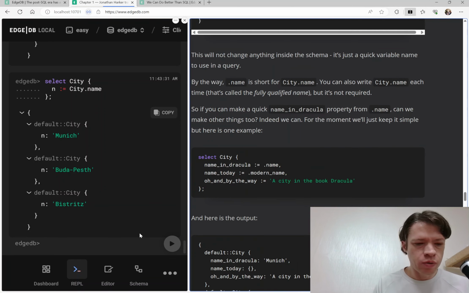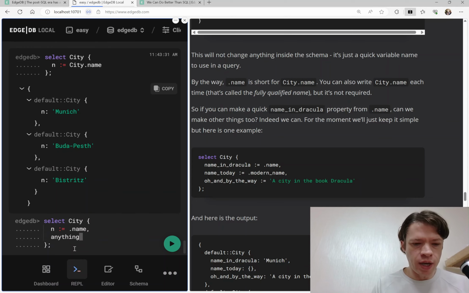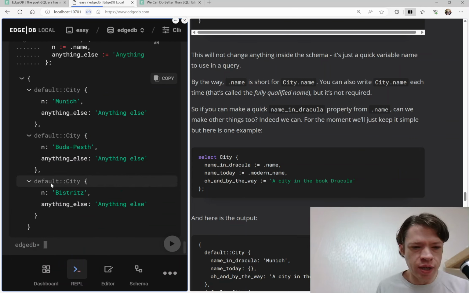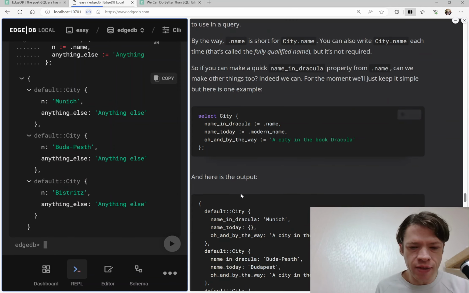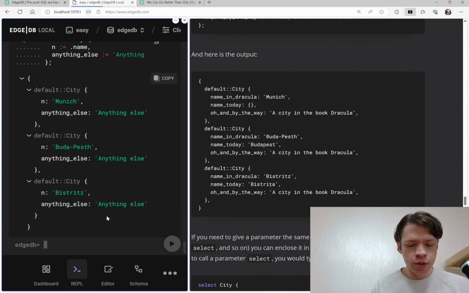And then we can also make these quick computables. We don't have to just reference, like say n equals .name. We can also say, anything else. In here we call it O, and by the way, just put anything else. So we can just decide on the fly that this query inside city is also going to have this extra bit of info, and we're going to call it anything else, and it's going to be a string called anything else. But later on, we'll get into computables. So just to give you a little